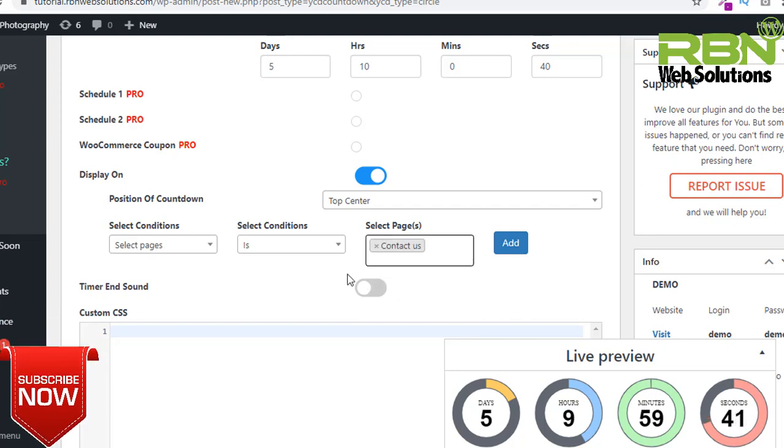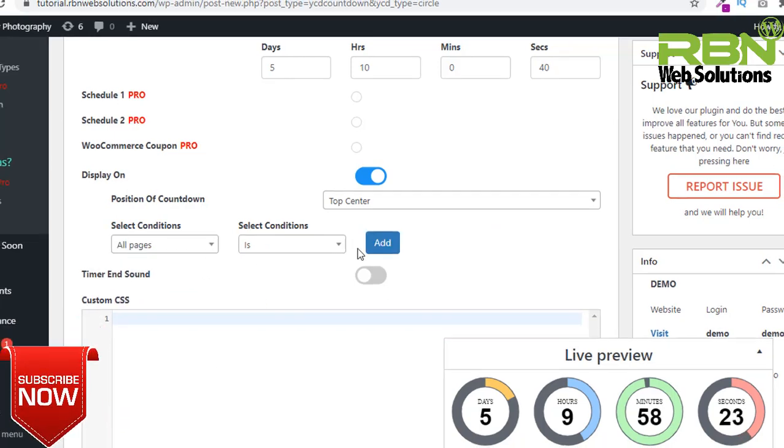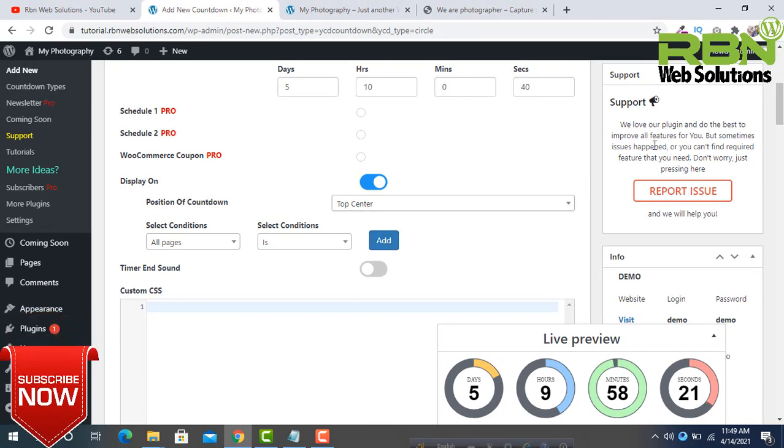And suppose you want to set "is not". If you set "is", then when the Contact Us page is displayed, the countdown timer will be shown. If you set "is not", then on the Contact Us page the timer will not be shown. Suppose we are going to set all pages, you can also select posts and all posts. This is really awesome also. Suppose we are going to set all pages, then select and then